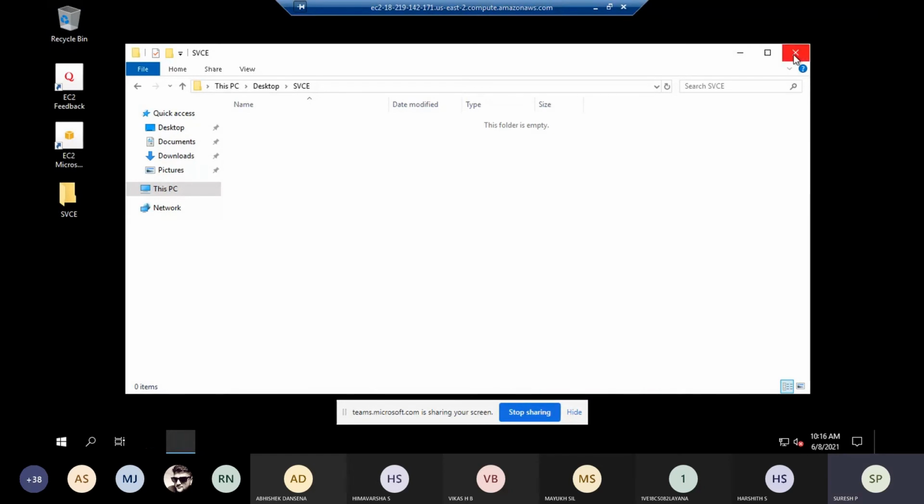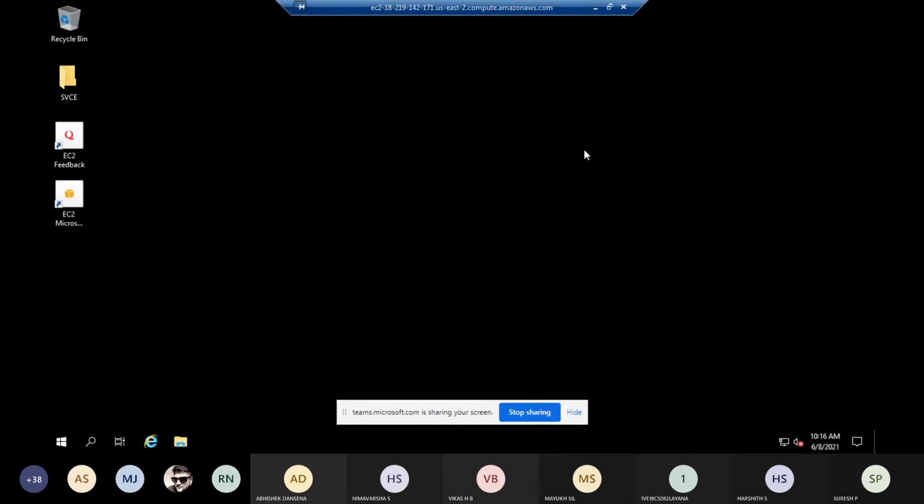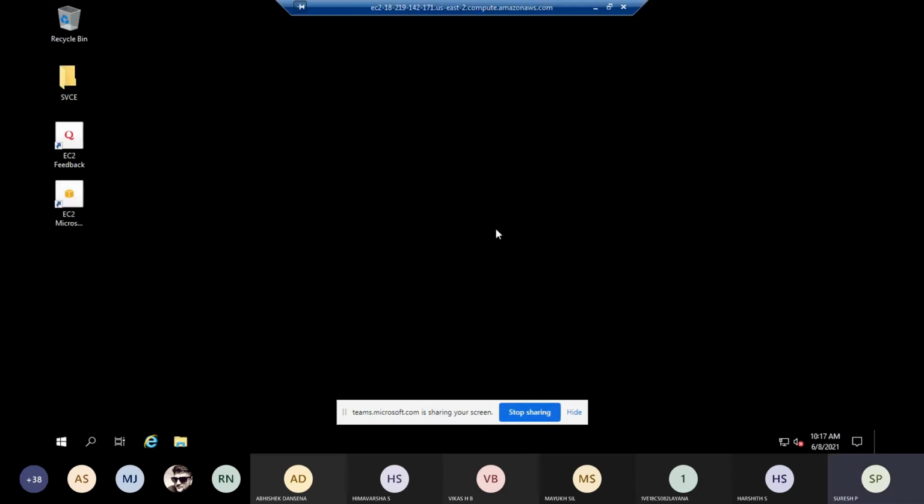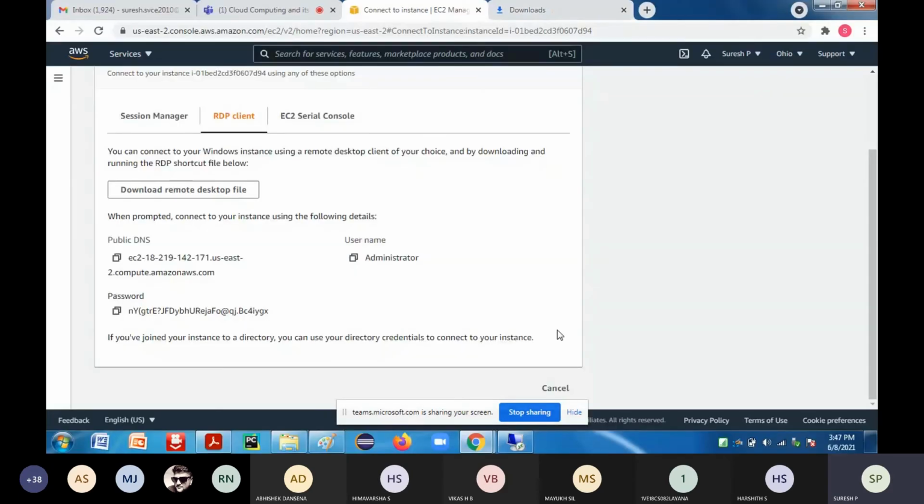Now, once you have done this, this is the virtual Windows 2019 server which is running. So you can use both your operating systems. This is my original operating system on which I am running this particular instance. This is your virtual desktop, the virtual operating system which will be running. So this is how the instance will be created. Similar to this, I can create my Linux instance also, and another one, your Mac system also.